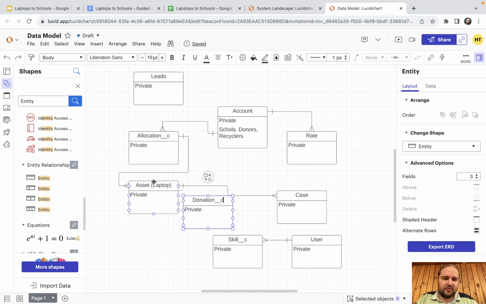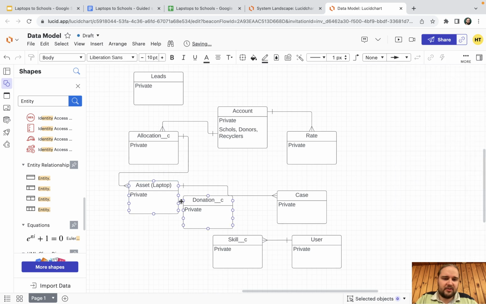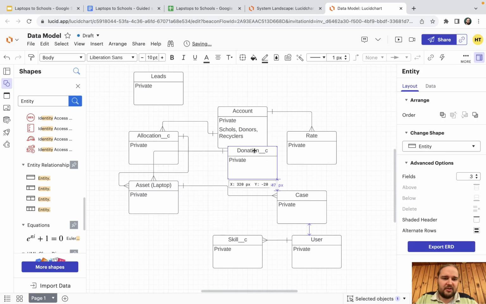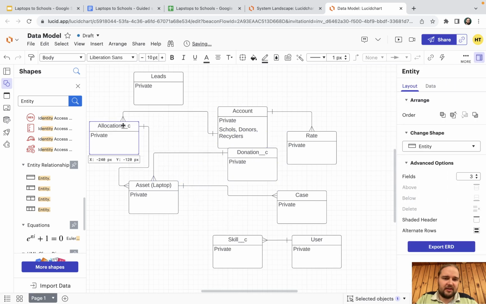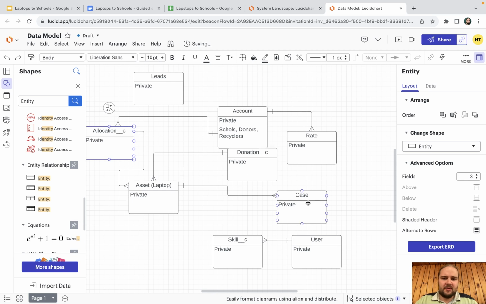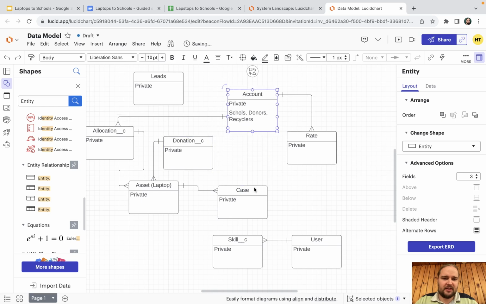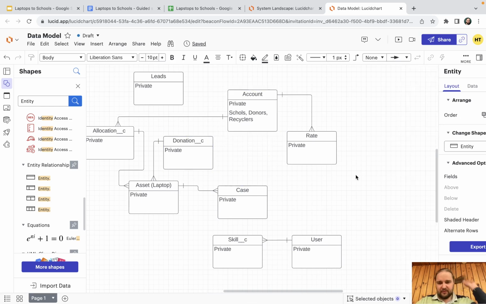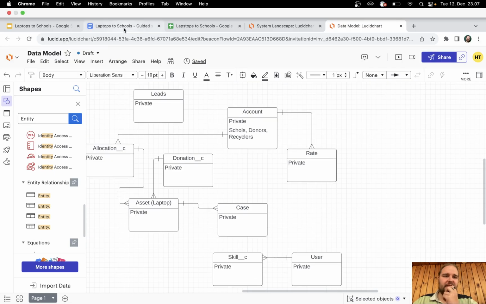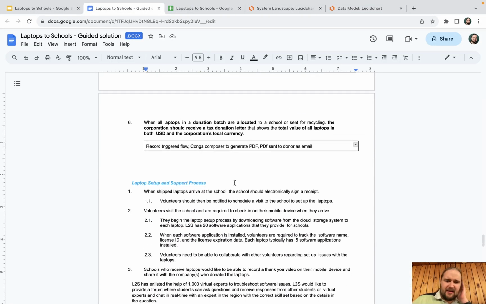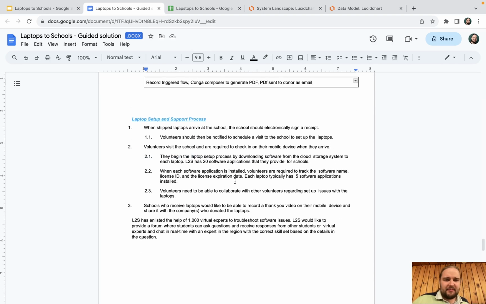Donation goes to here. No, actually it's the other way around, like this. Donation goes this way, allocation, and this goes here. Case is still here. Donation sticks there, account sticks there. Yeah, good for now. Then if we think of going forward here, then we get to the laptop setup and